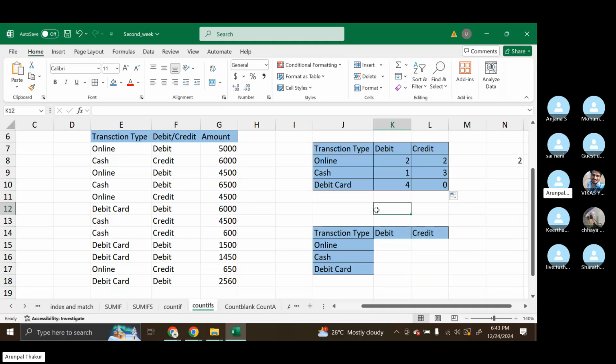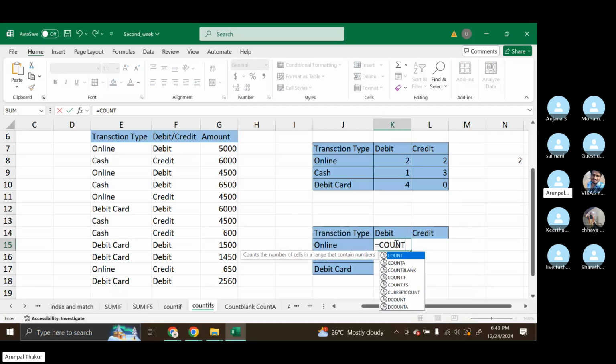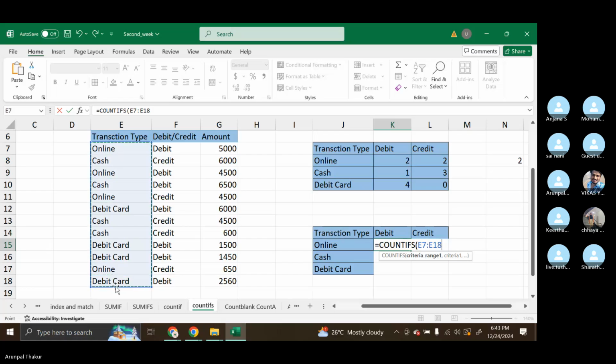Haven't you understood COUNTIFS? Understood, right? So why are you not understanding this? Similar formula, equal to COUNTIFS, tab. Criteria range, this is my criteria range, I want to make it fixed, F4, comma, criteria 1, online, this